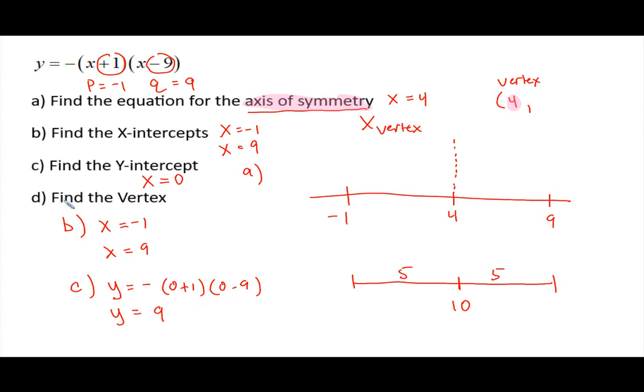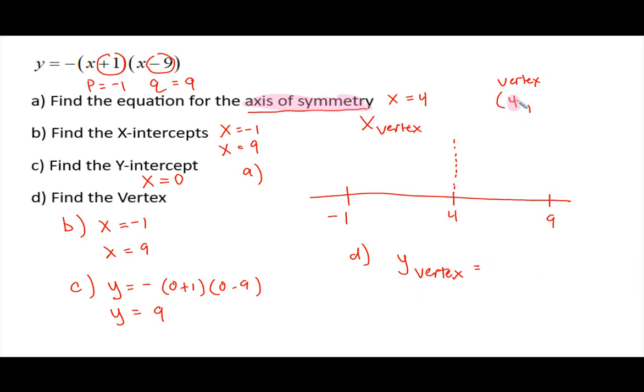All right. And then the last part, find the vertex. So we already know the x value of the vertex is 4, right? So if we want to find the y value of the vertex, let me erase this real quick. So we know the x value of the vertex is 4. If you want to find the y value of the vertex now,